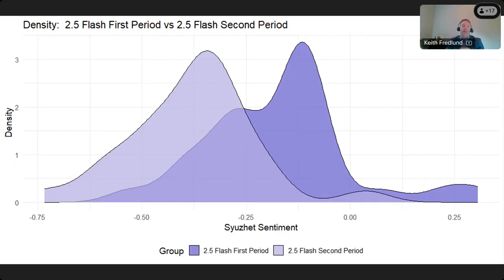Next up, in this case, we see another very different shape. We see that darker area has a shoulder this time on the left, right? So a very high peak and then a shoulder off to the left. And those of you who are attentive to this sort of thing will have noticed that in the first two, the initial distributions tend to be more negative and then move toward the right. In this case, it's the other way. So the first distribution is farther to the right and the second one's to the left, so more negative. Once again, the Kolmogorov-Smirnov test says that we reject the null. P-values very far under 0.01.